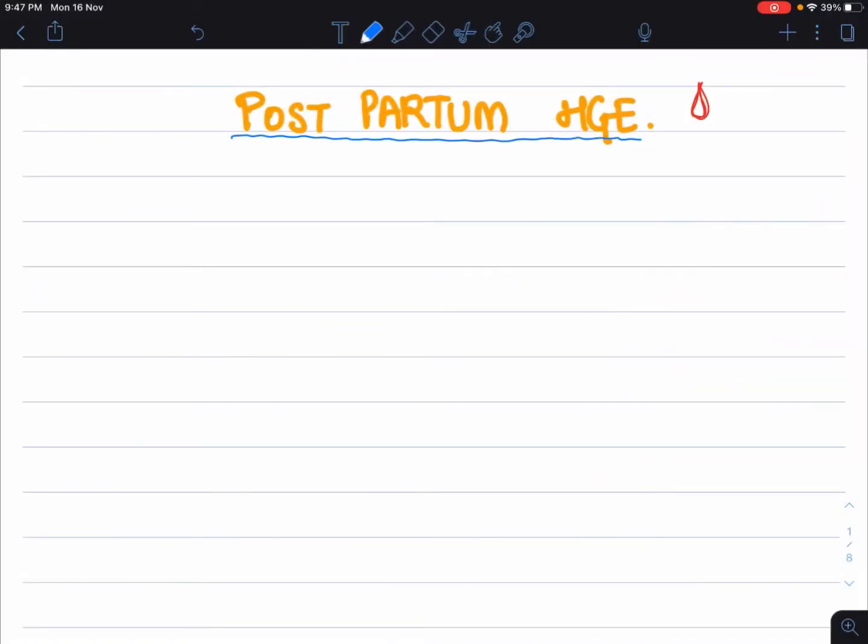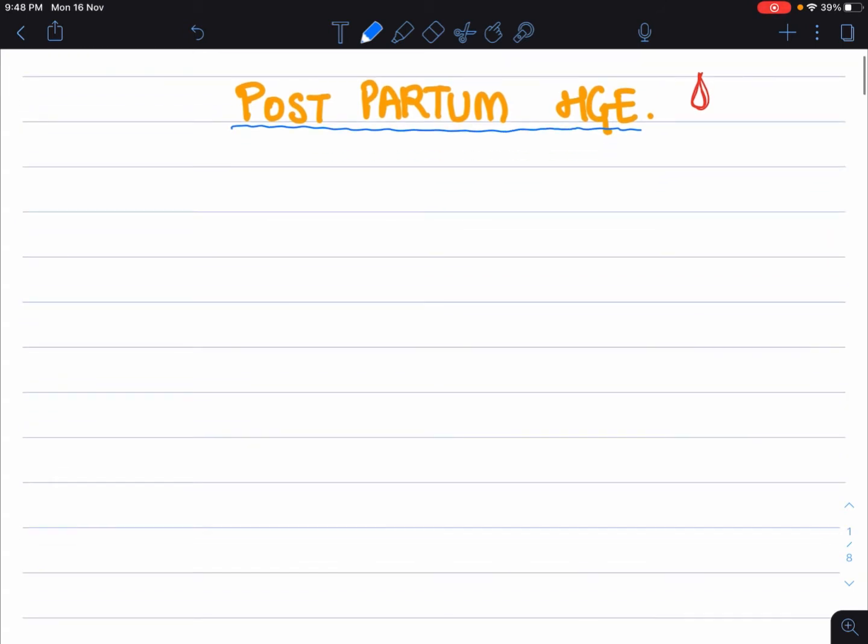Hi friends, today we'll be going through a second topic that we'll be revising, and this is postpartum hemorrhage. As we all know, this is a very important part of obs and gynecology, and we need to be thorough with this topic because we encounter this frequently in labor room, and hemorrhage is one of the leading causes of maternal mortality. If encountered, there are very effective ways to control it and to effectively do damage control. So we need to be thorough with this topic. And so without further ado, I'll get right back into it.